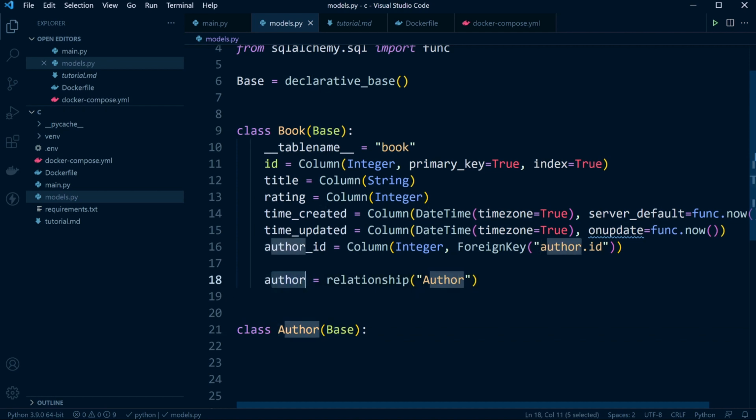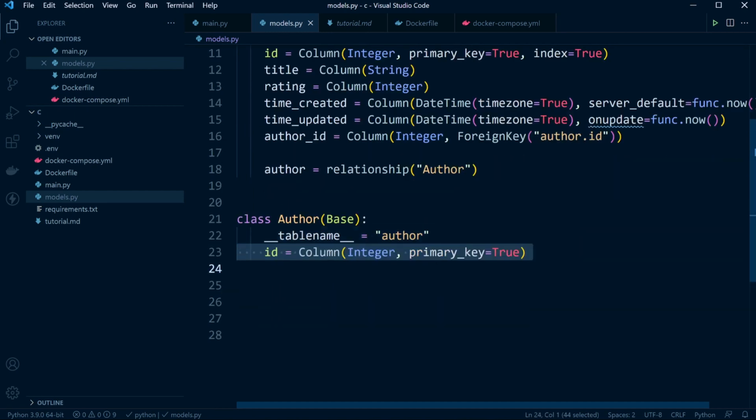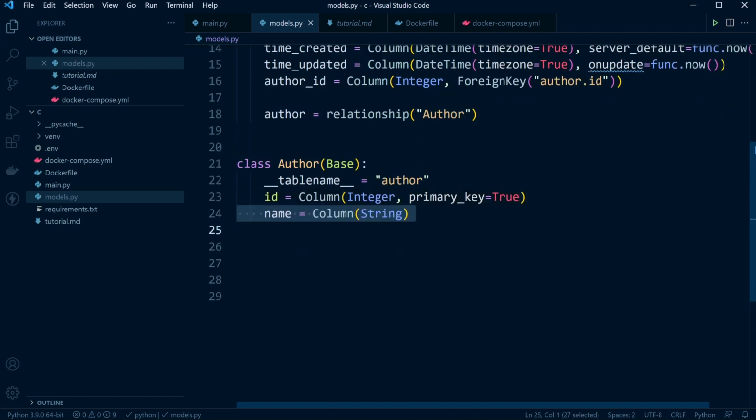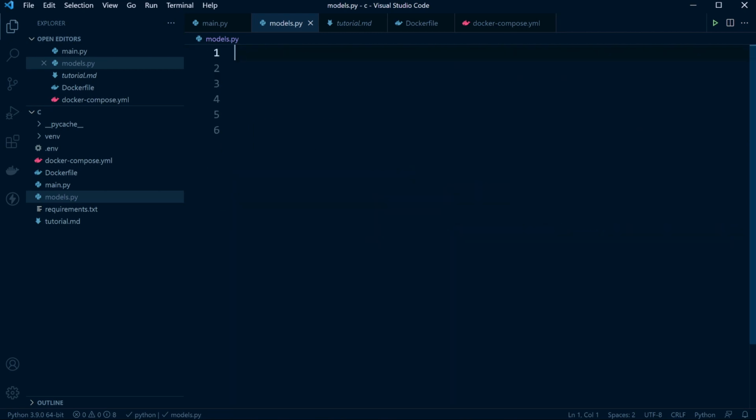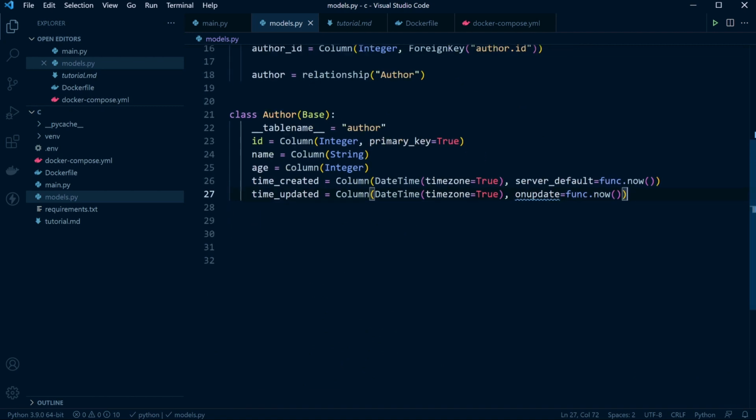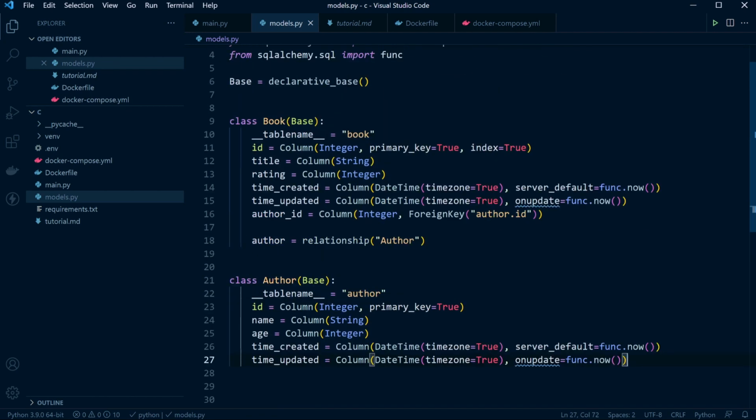and now we know a little bit more about the author ID, because now we're going to set out the name and the ID. So essentially we're just matching this field here to the ID here of this author field. You can see this is going to be a primary key, an integer. So let's go ahead and add the name, age, whatever you want at this point, time updated, and there we go. Right, so that pretty much finishes off the tables and the fields that we're going to create for this